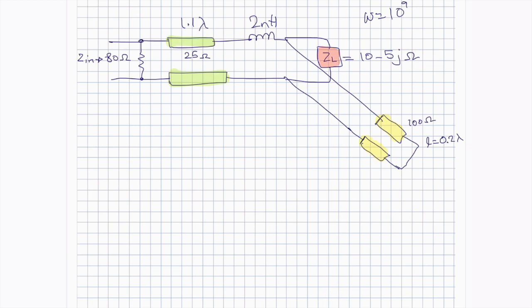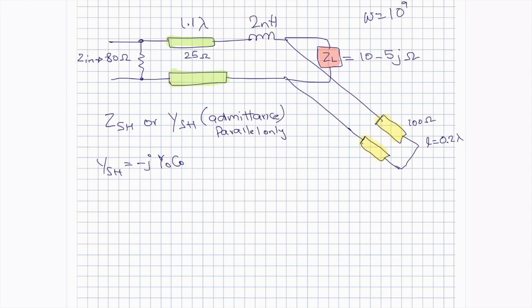The short stub could either be written as ZSH, the symbol that we use for a short stub, or we can use Y short. I'll be using Y short, which is basically admittance. Admittance is just the inverse of the impedance, and we use admittance whenever we have to add circuits which are in parallel. I should write that this is parallel only. So the formula for Y short is basically negative J Y naught